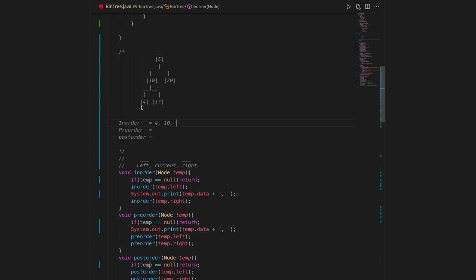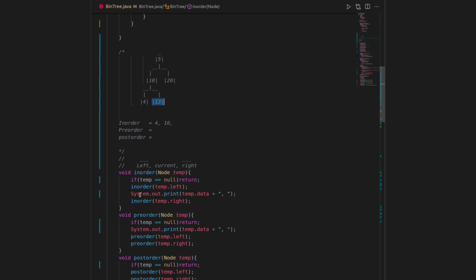Okay. Now after these two things for node 10 are over, we can go to the right child of node 10 and recursively execute the in-order function on it. So we will pass the node with value 13 here and we will execute the in-order function. As it is not null, it will not return. Then it will execute the in-order traversal for the left child of 13.